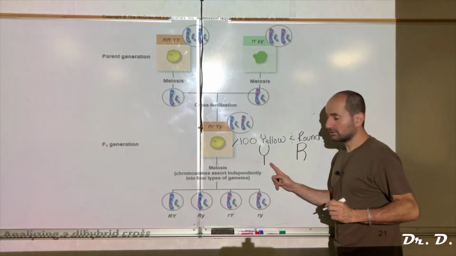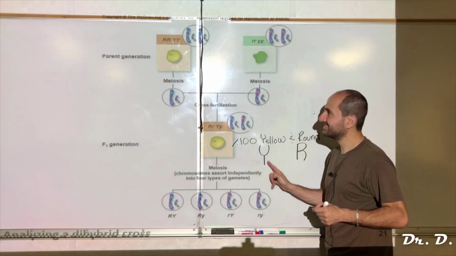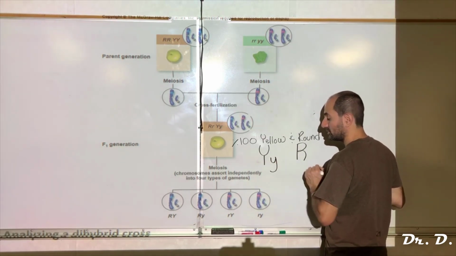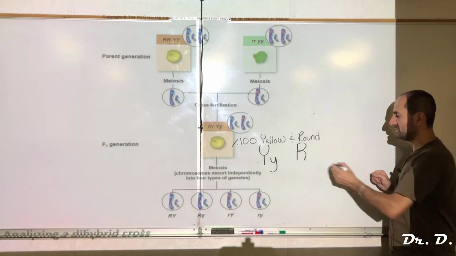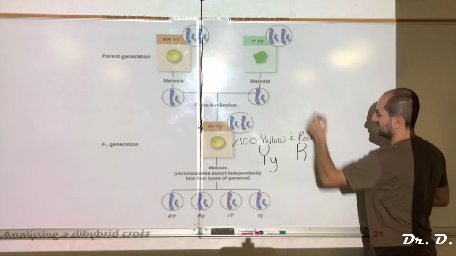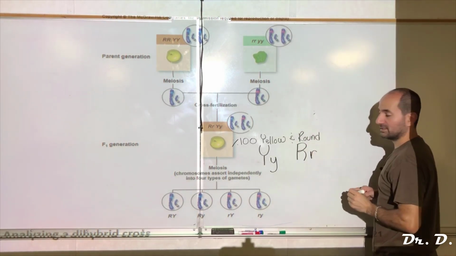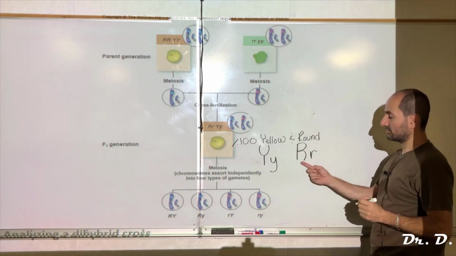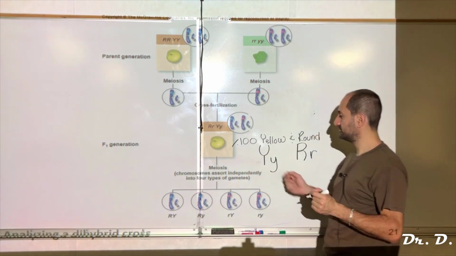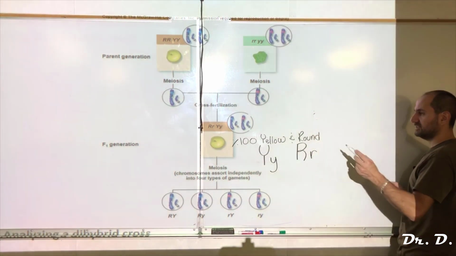So what would be the lowercase y? What would that represent? The recessive color, which little y would be for green. And what would be the lowercase r? What would that represent? Wrinkly, right? Little r is for wrinkly, big R is for round, little y is for green, big Y is for yellow. Okay, so this offspring